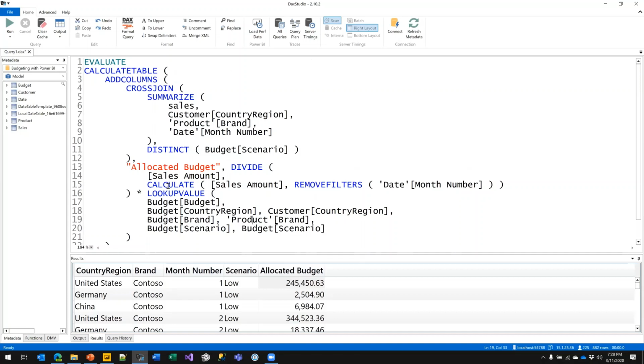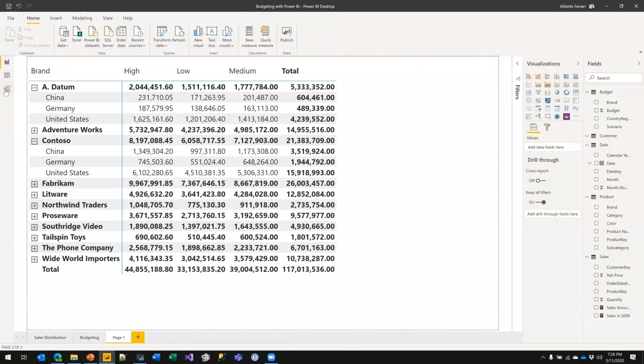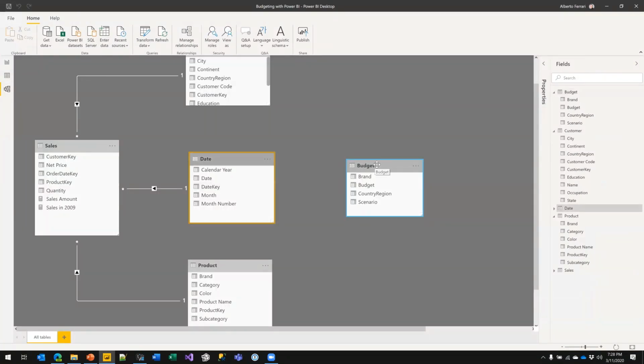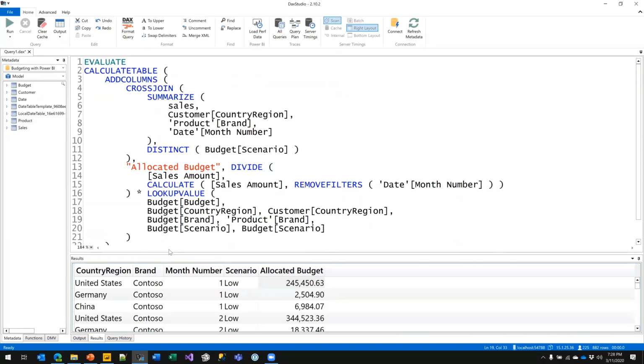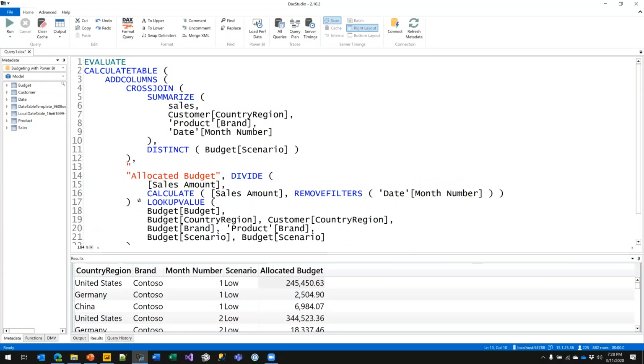But I'm still missing one important detail. When I create a calculated table, I will want to build a relationship with date. Let's not forget that what I want to do is link budget with date. So I need the date in my table, and I still don't have it. But I have the month number. So I can create a new column, let's call it a date, which is a date in 2010 for the month in the current row, and let's go on the first day of the month.